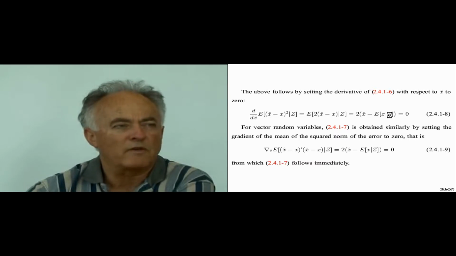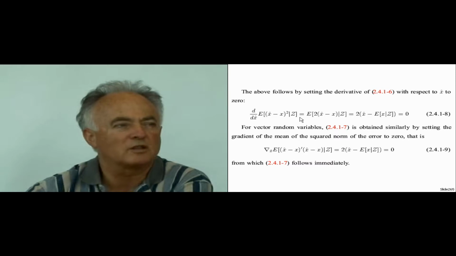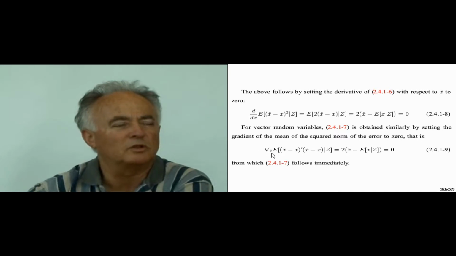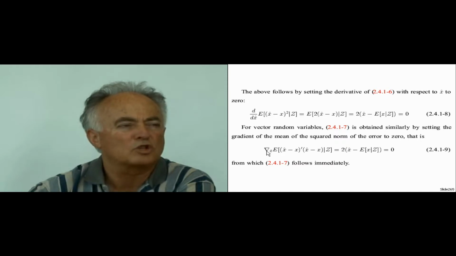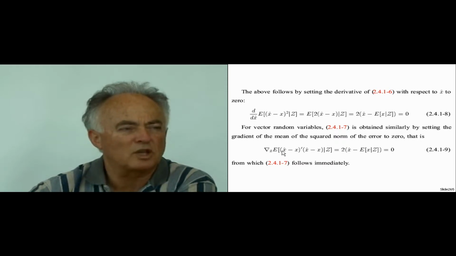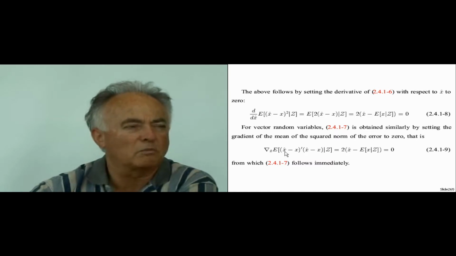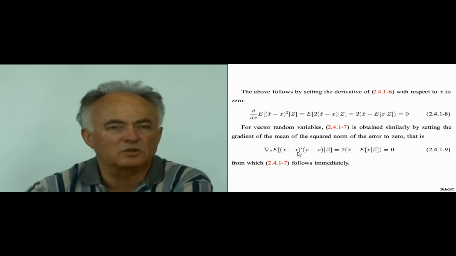Having seen the way to obtain the result for a scalar random variable, for a vector random variable we can obtain the same thing by setting the gradient of the mean of the squared norm, so the minimum of the mean squared error, but it's a vector, we take the norm of the error squared, take the mean and its gradient, the counterpart of the derivative in the multidimensional case. So del with respect to x hat of the expected value, this inner product is the squared norm of the error. Remember, the error is x hat minus x, or x minus x hat. It really doesn't matter the sign because this is a square,